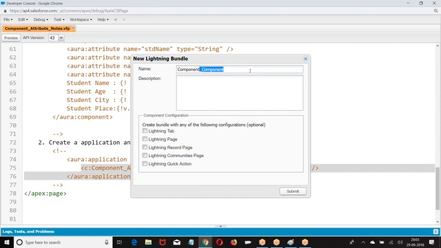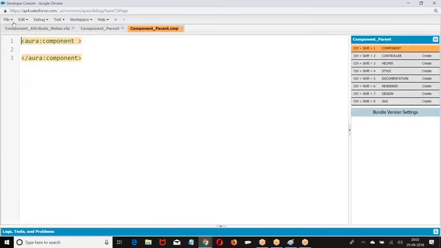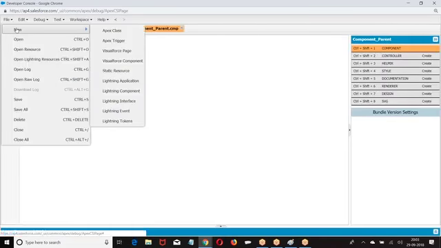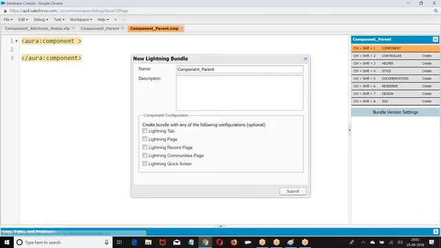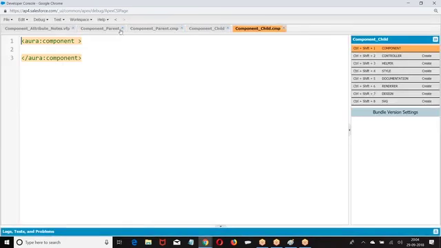Okay, I'll take component parent. Two components I have created.